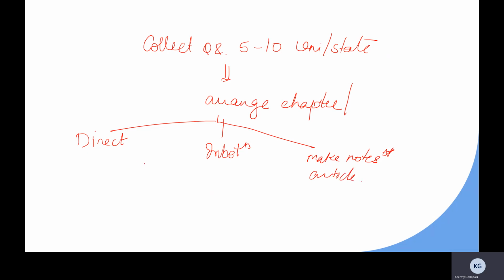Got it? So you have to divide each chapter into 3 categories of questions like this. Then done. Then after finishing a chapter, now you have a list. So you are supposed to keep a book. Keep a book. You have to make one book, some 200 pages, a long notebook.